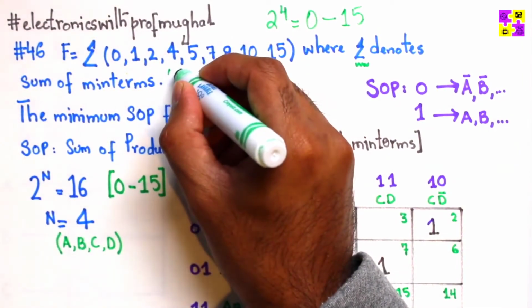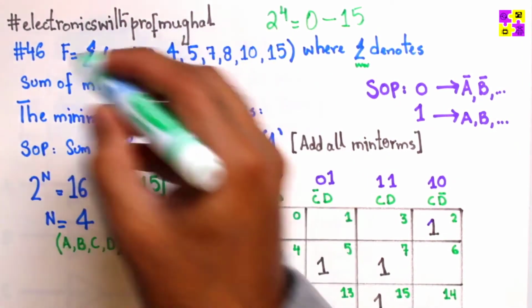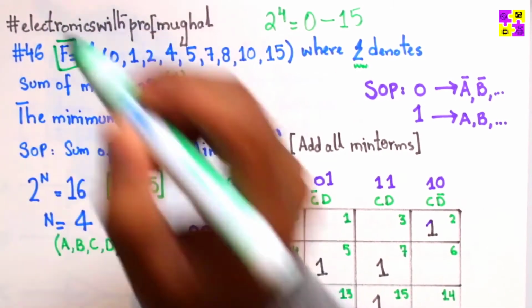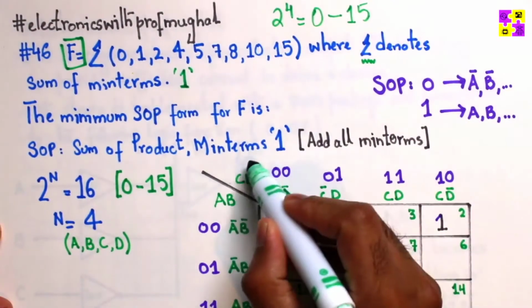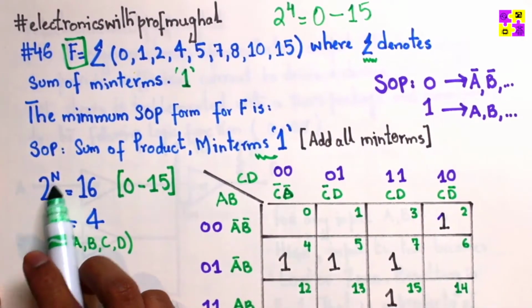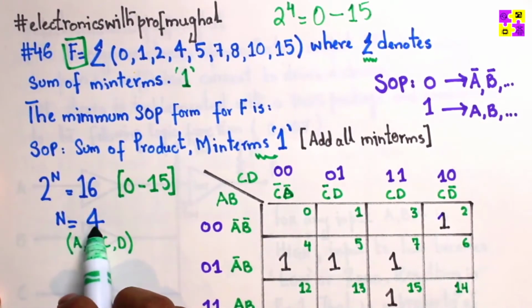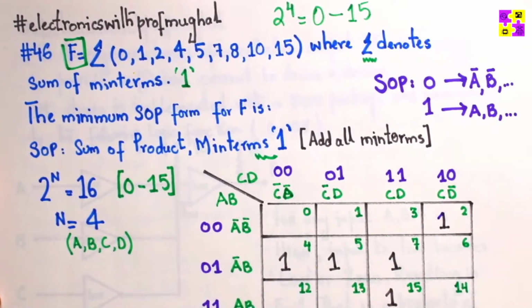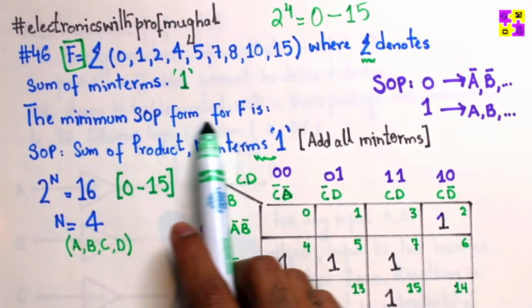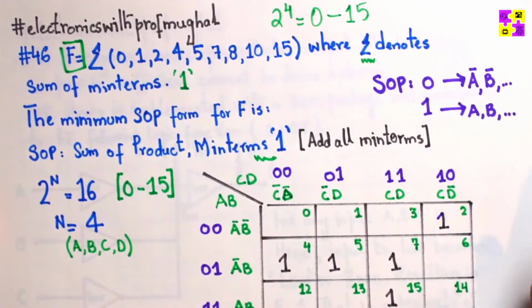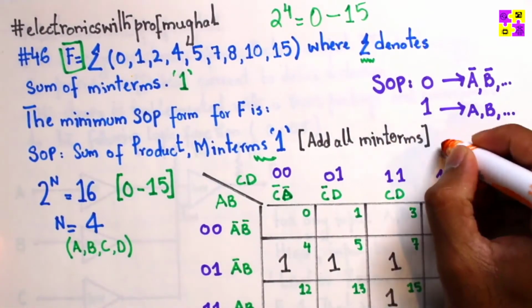In the previous video I told you, minterms are those for which the output function f is going to produce an output equal to 1, right? And here again, 2 to the power n equals 16, where n equals 4, and the inputs I just label as A, B, C, and D. Here is a Karnaugh map. So the best way to get the minimum SOP form, the minimized expression, is the Karnaugh map,